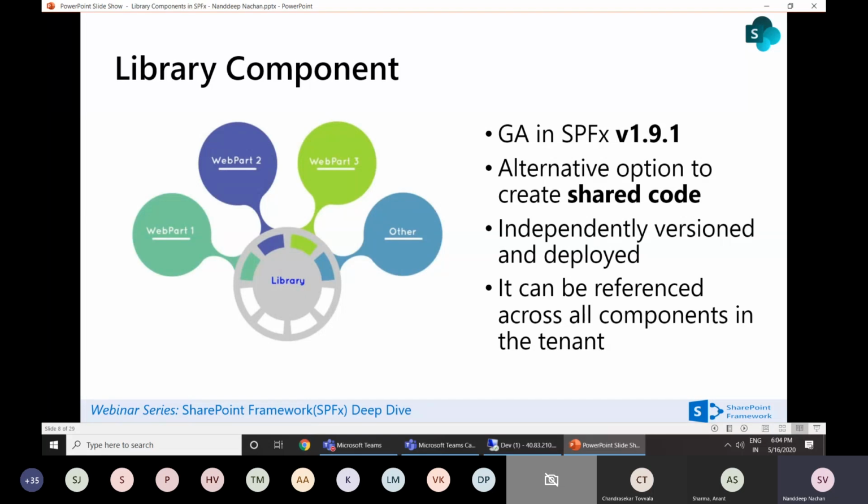So firstly, library components. The library component was in preview release with version 1.8, and right now it is generally available from SPFx version 1.9.1. The brief history behind this is that it came as a feature request or user voice entry for SharePoint, so that we can create shareable code for our SharePoint Framework web parts and extensions. It is an alternative option to create shared